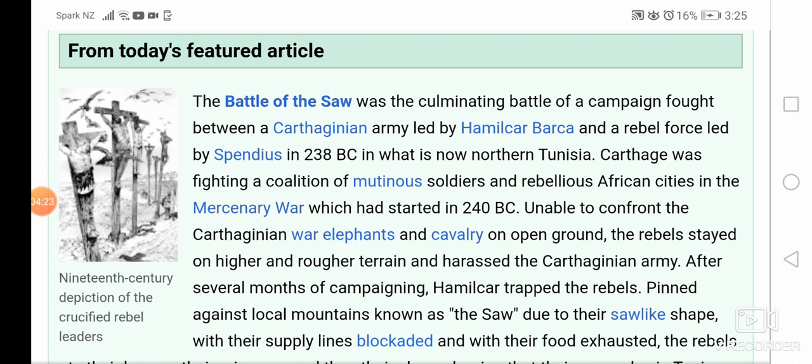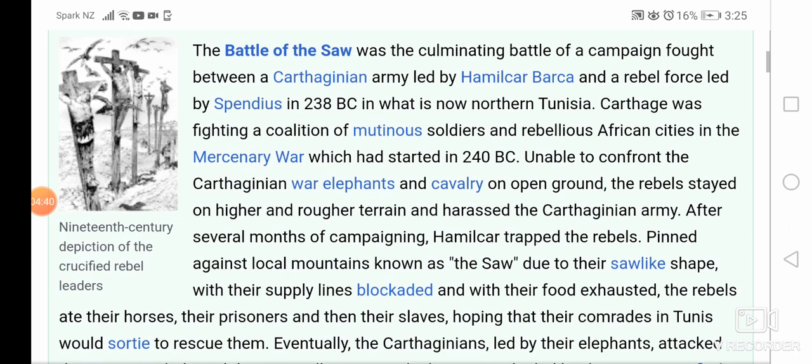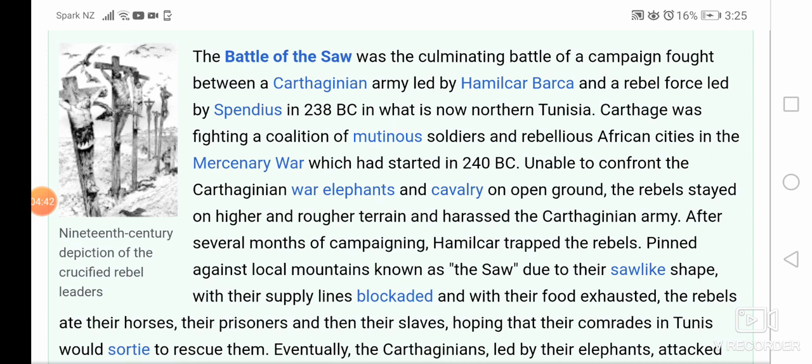The Battle of Soor was the culminating battle of a campaign fought between a Carthaginian army led by Hamilcar Barca and a rebel force led by Spendius in 238 BC in what is now northern Tunisia. Carthage was fighting a coalition of mutinous soldiers and rebellious African cities in the mercenary war which had started